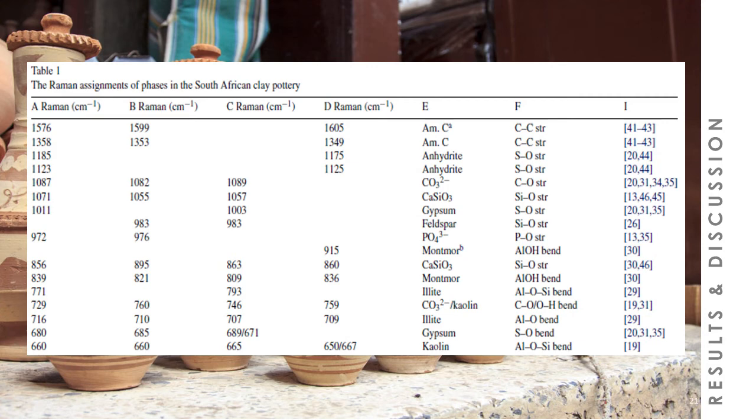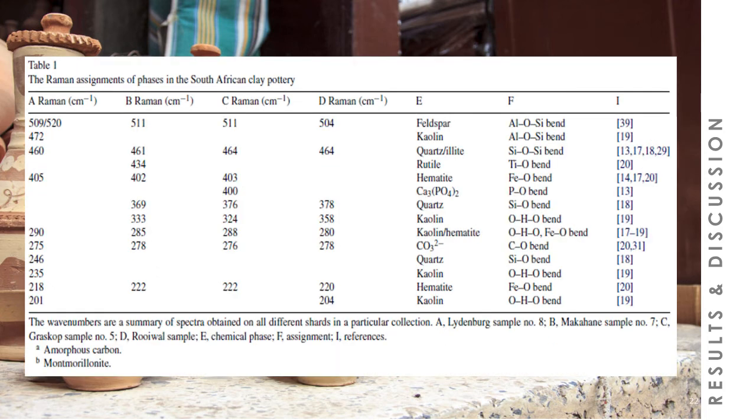The bands that are associated with calcite further confirm a low firing range. The fact that calcite is naturally occurring in shells and limestone is an indication that it occurs as an impurity in clays. Weak features previously associated with non-crystalline calcium carbonate at 695 and 724 cm to the -1 are shown